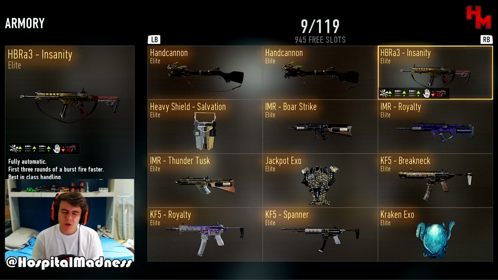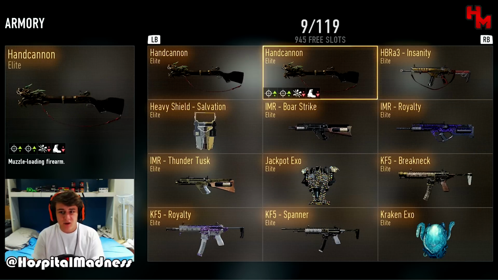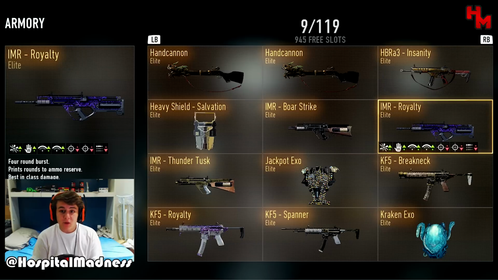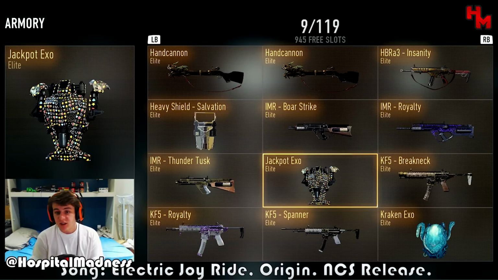The Insanity, and have a crazy ghetto weapon. Like seriously, as I said before, for literally the last 6 to 7 hours, I've been just rolling around with this gun. Okay, so anything else is extremely OP compared to that one, which means that OP weapons are just godly now. The MR Royalty, which is identical to the War Strike, the Heavy Shield Salvation, the Thunder Toss, the Jackpot